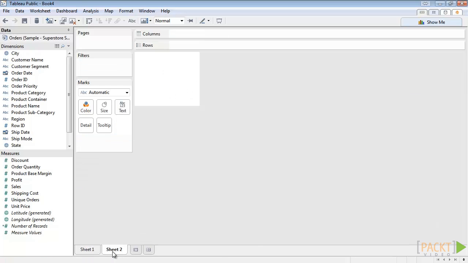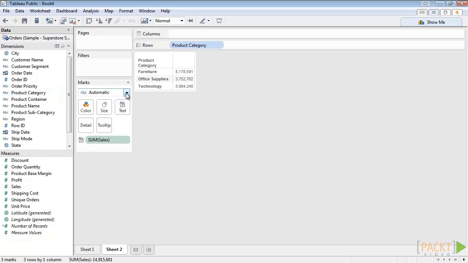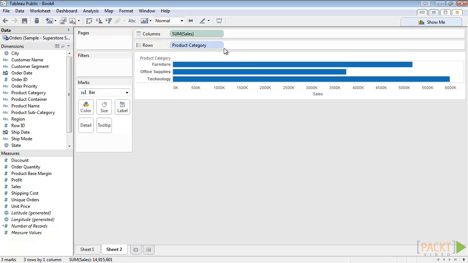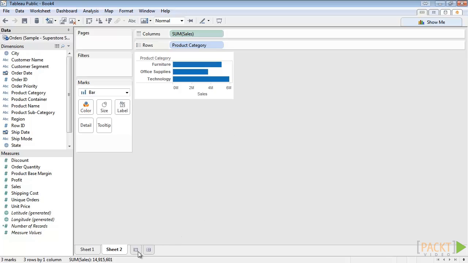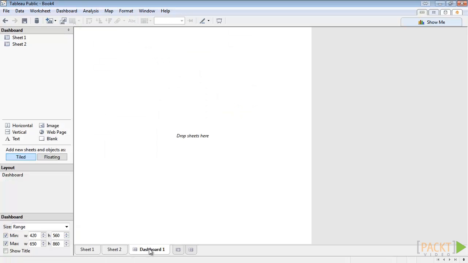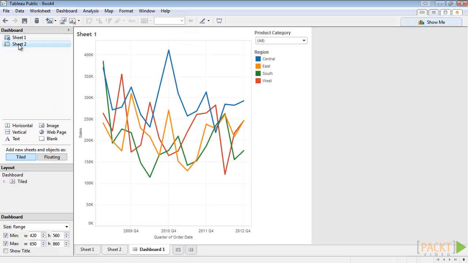So let's create another sheet. We're going to make a bar chart showing sales by category. Now let's turn it into a bar. And we'll get rid of the labels, move them to the columns, and then we'll make this chart quite a bit shorter. Now if we make a dashboard by clicking the Create New Dashboard button, we drag Sheet 1 out,